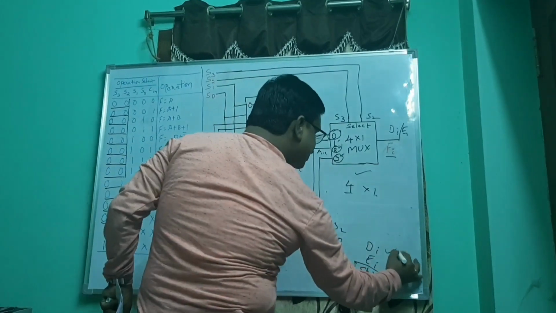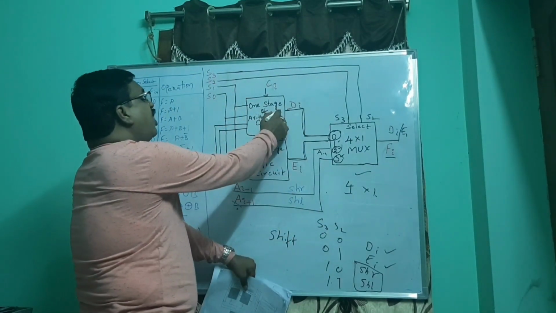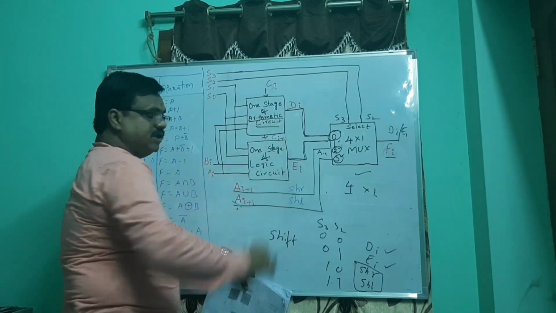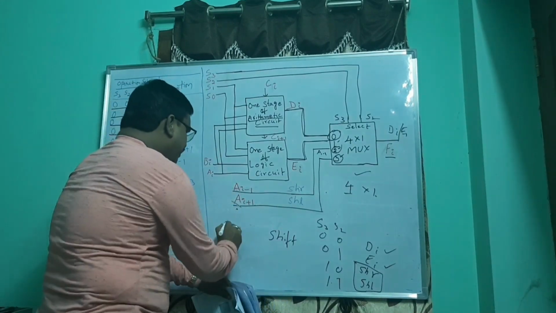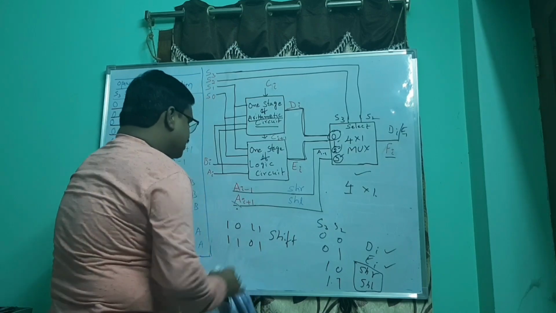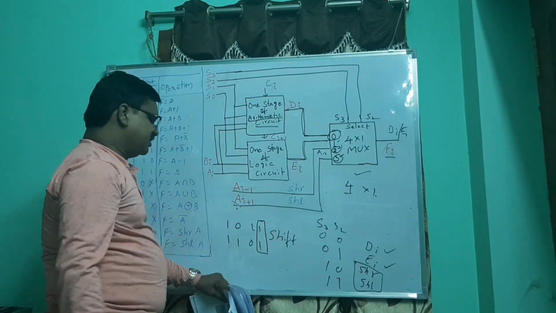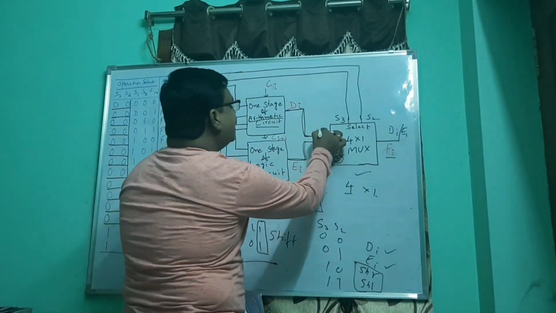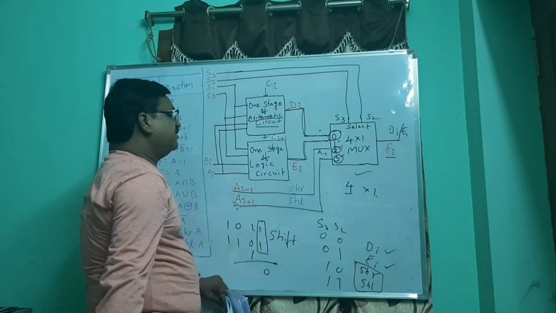But what is this Di and what is this Ei? This Di is nothing but the output generated from one stage of the arithmetic circuit. One stage means when you are going to perform arithmetic addition between two binary numbers like 1, 1, 0, 1, the first bit of this arithmetic addition or subtraction, whatever the arithmetic operation, will be given here. So 1 plus 1 is 1, 0.